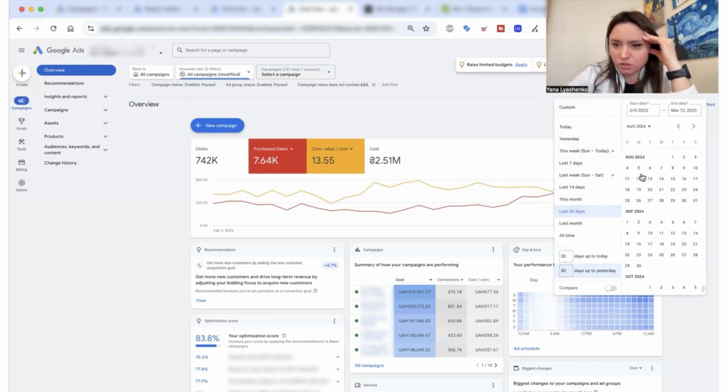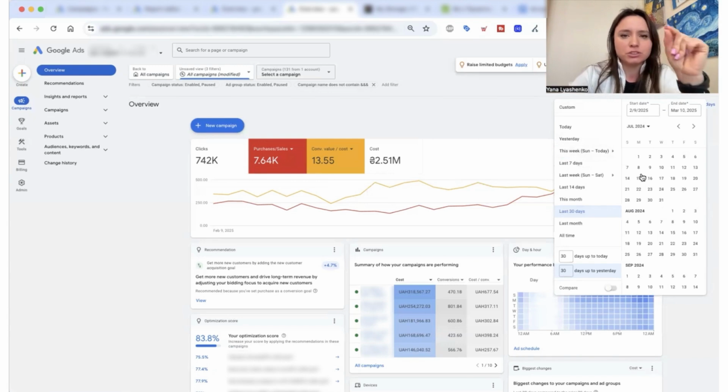To show this, I'll show you a very long period of time. We started working, I can even tell you, the first date when we began making changes was the 7th of March. Oh, God, the 7th of March. No, the 7th of November. I'll even explain why that was.